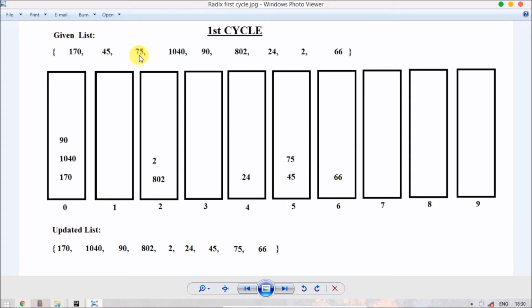Similarly 75 is also placed inside 5th indexed bucket. Similarly 1040 again inside 0th indexed bucket. 90 again in 0th indexed bucket. 802 in second indexed bucket, and so on. So now after this first cycle,